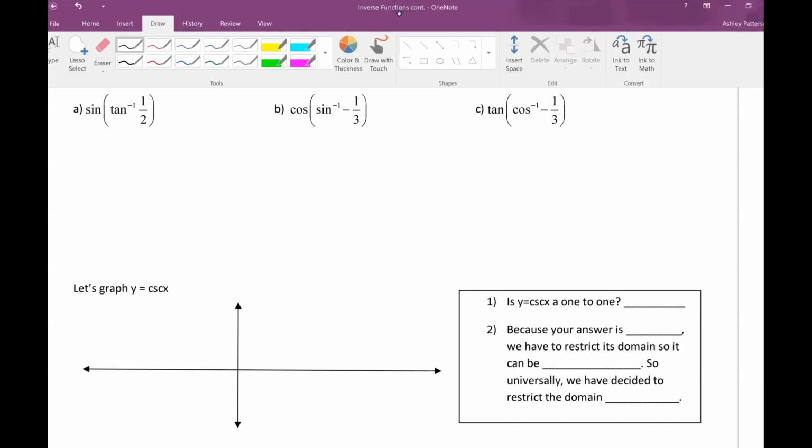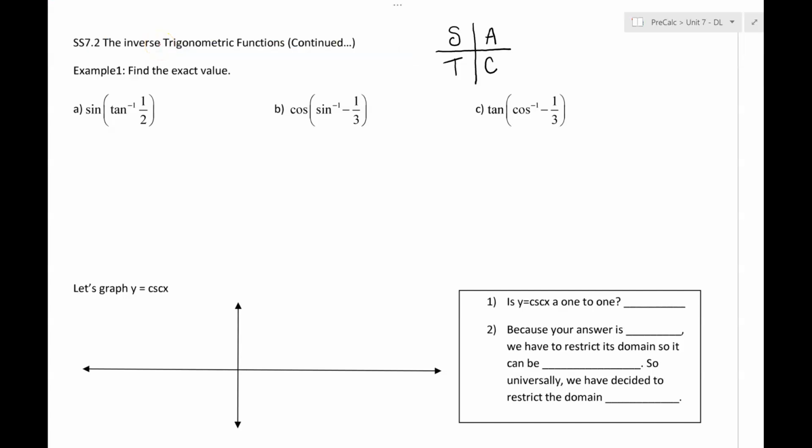So if we look at our first example, inverse tangent of 1/2. Well, that's not coming from a special right triangle, our 30, 60, 90, or the 45, 45, 90. So we need to figure out where theta is located. We need to know what triangle this is coming from so we can then find the sine of theta. Tangent is, if we remember,